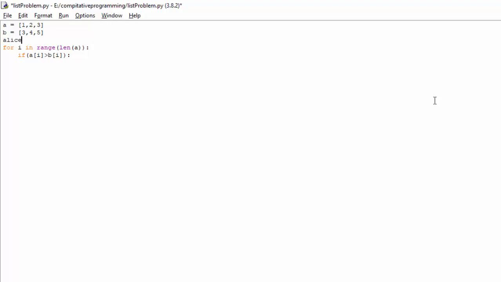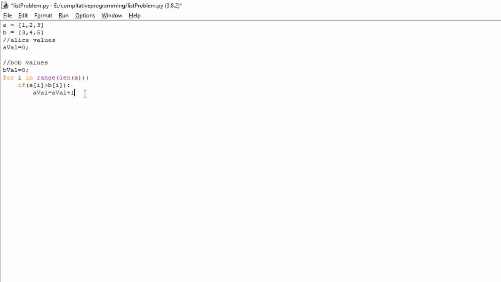So I'll use like alias. So let's say a value, that means alias values. As of now I'm assigning to 0. Then here a value is equal to a value plus 1. So this a value is nothing but alias values. So I'm just keeping track of alias values. In a similar way I need to keep track of bob values as well. So I'll take b value which is equal to 0.